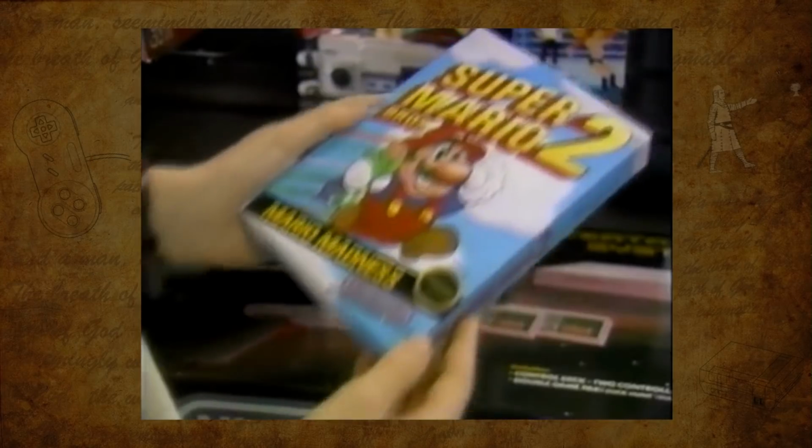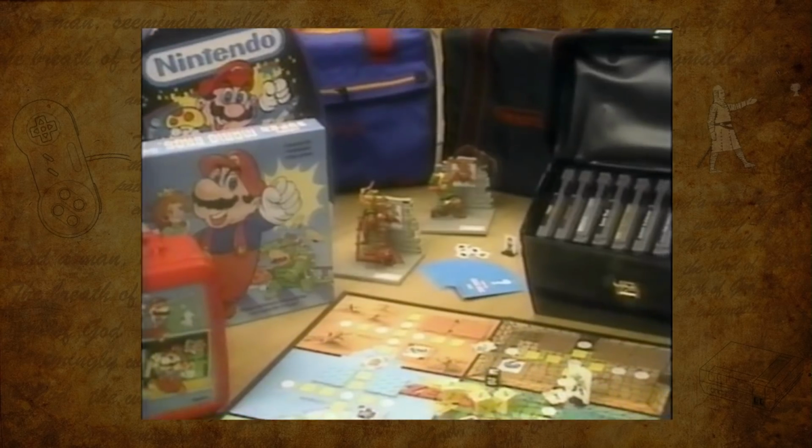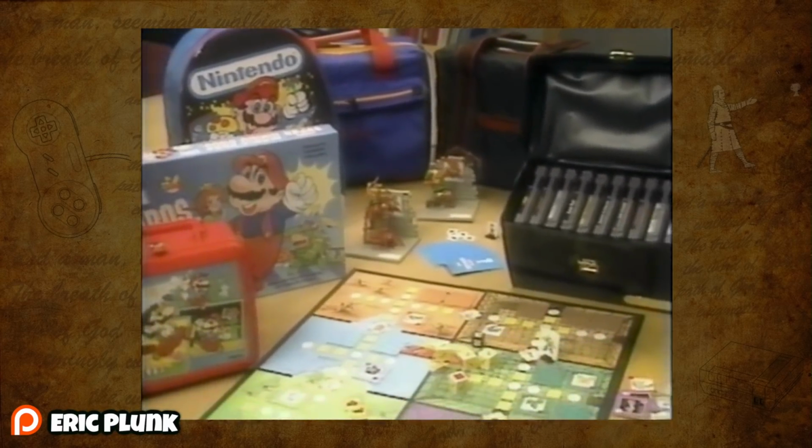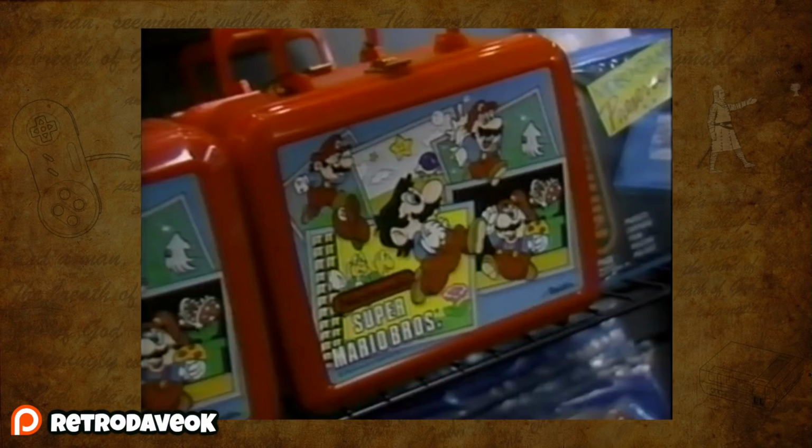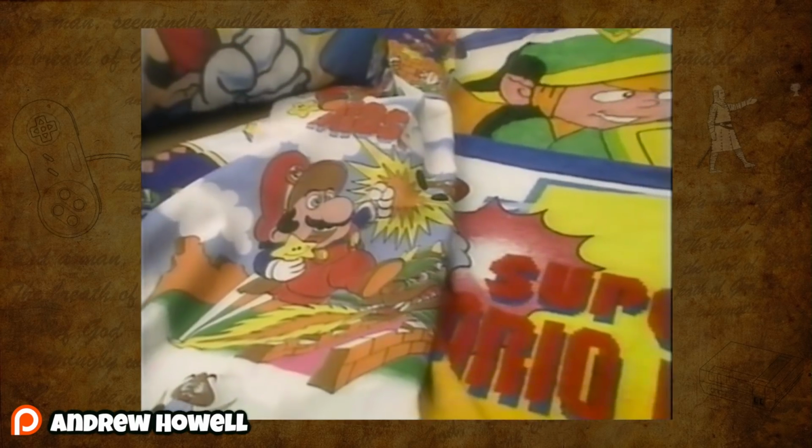Lately I've been picking up a lot of what my friend NES Addict would call Nintendo oddities. These are the objects, not games, but the other things Nintendo put out in the 80s and 90s that kids had. I'm sure you saw a lot of these, maybe had some of these, but these are things I had never really seen. So I'm looking forward to showing you all these weird items that I picked up on the